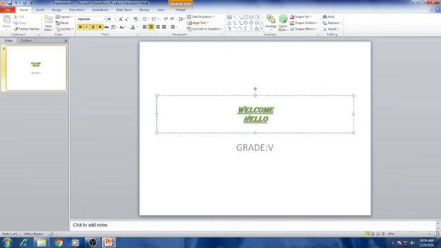See how much space there is in between. If you want to increase the space between the 2 lines, you can choose the line spacing option. For that, first of all you have to select the text. After that, from the paragraph group, you can see the line spacing option.